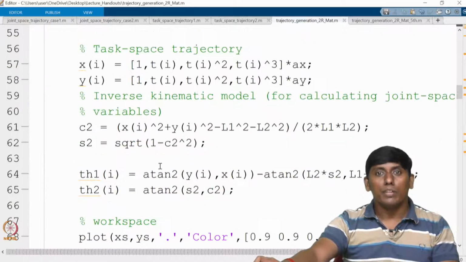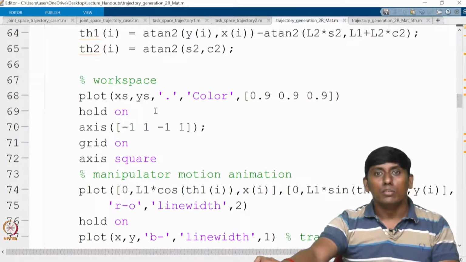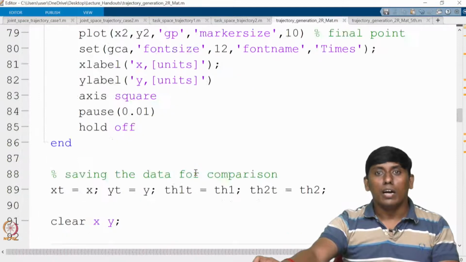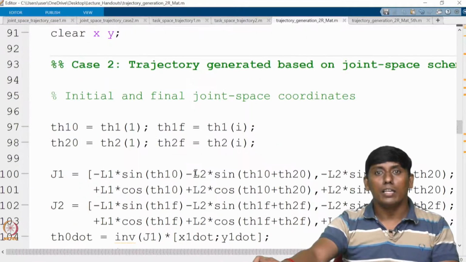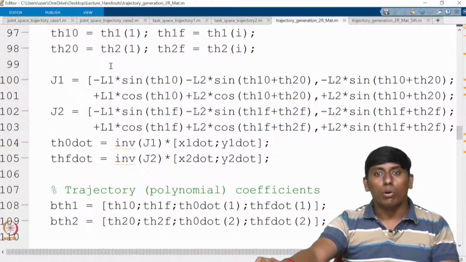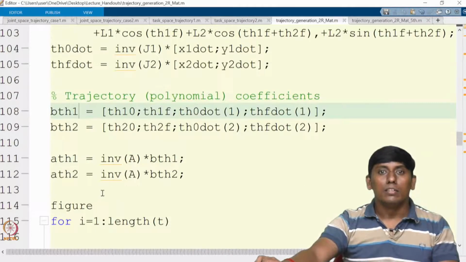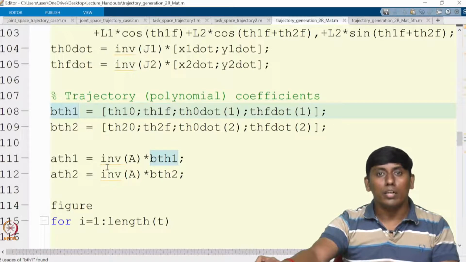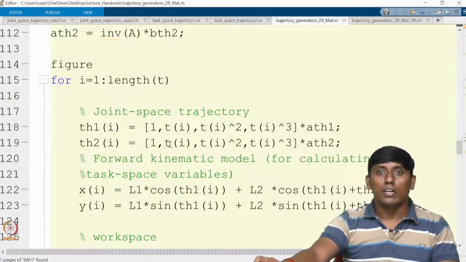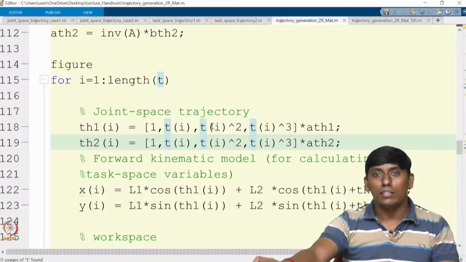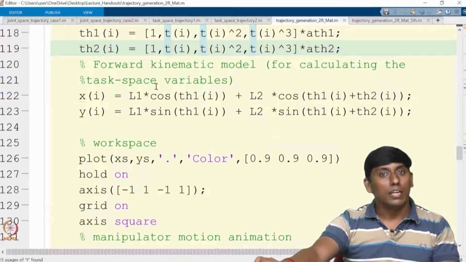Then I calculated, as you can see, and again I have calculated the B and theta values and this one. Then I calculated the individual joint trajectory coefficients, and the joint space trajectory I have generated is synchronous, and the other one is independent.